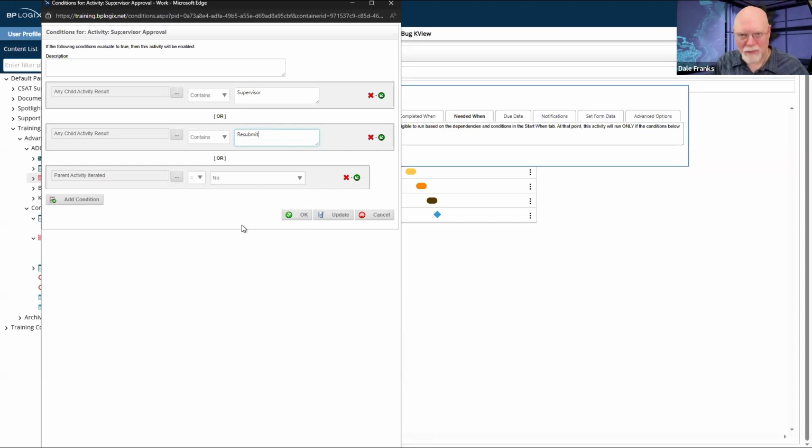Nobody has resubmit or redo or anything. We're fine. This activity runs because the parent activity hasn't iterated. Great. Somebody restarts the loop. They either hit resubmit, which will start off my initiator resubmittal activity, or they hit redo supervisor approval. That contains the word supervisor. So if it restarts, I still have to run.